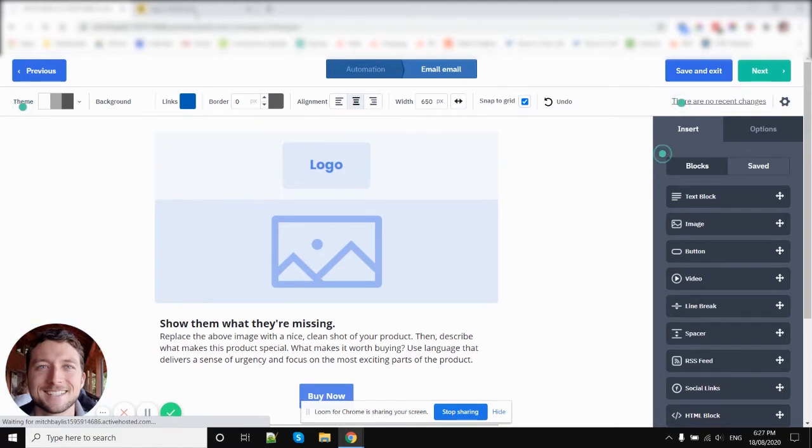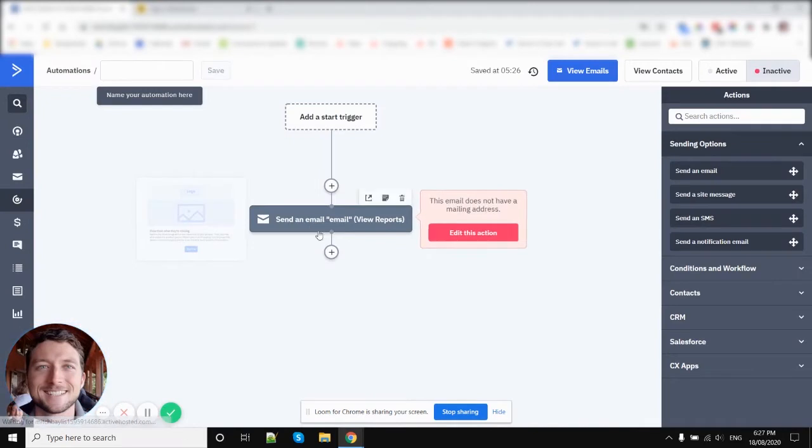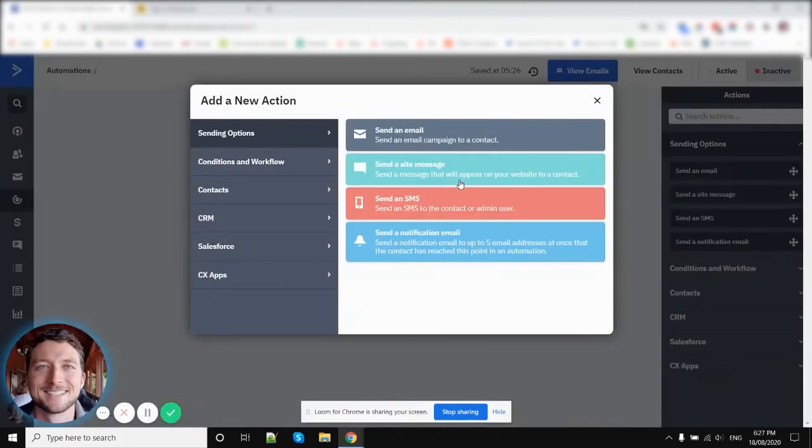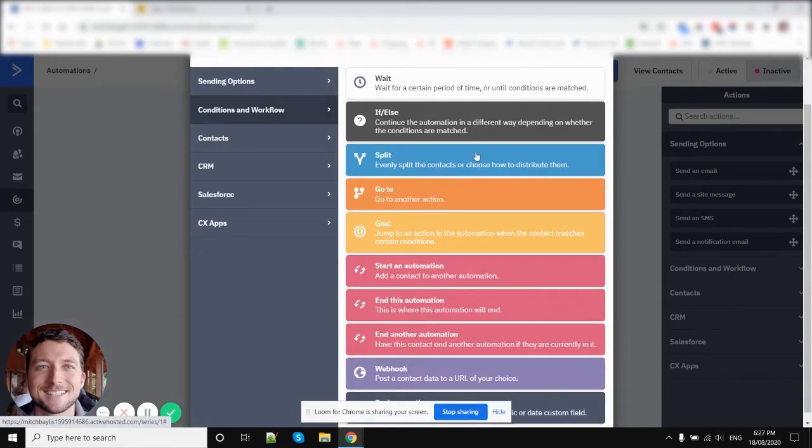And with ActiveCampaign, the automation builder is really powerful. So we've got this email here that we've added. Then we can do all of these actions, and we can have a look here. We can send SMSs, send notification emails, send site messages, send another email. We can wait between emails, build these sort of if-then branches, split the automation evenly for a period of time,